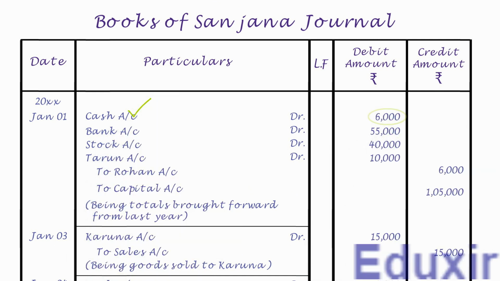is 6,000 rupees. One thing to note here is that we need to write balance brought down as this cash is balance carried forward from the previous accounting period. I repeat, we will not write capital in the particulars. Instead, we will write balance brought down. We do this for all the balances brought down in this first transaction. For posting this entry, we need to create a ledger account for cash as it is not yet created.